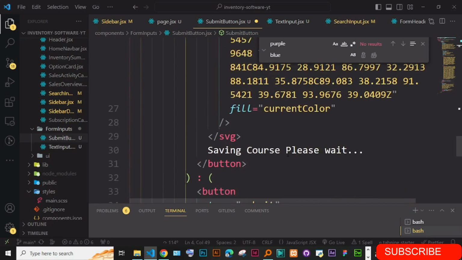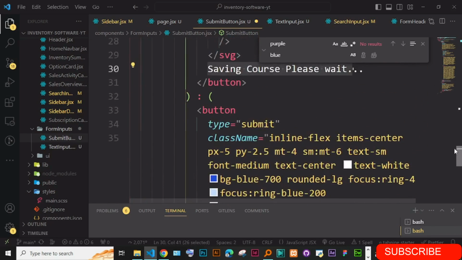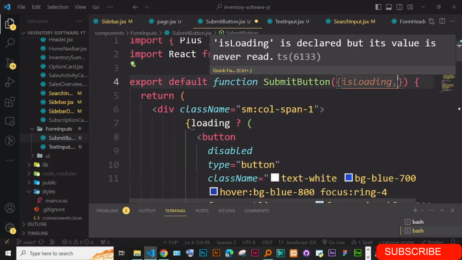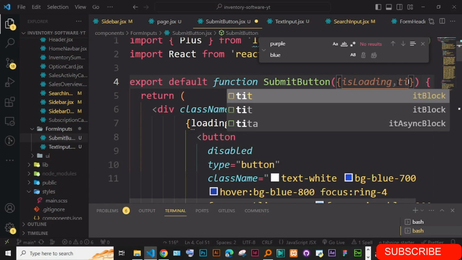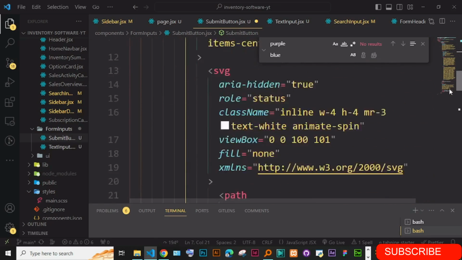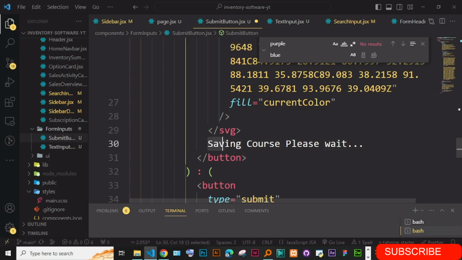Okay, we have this loading, the loading what, the loading title and the button title. So you can just say the title. Okay, so we can also pass in the title. Okay, just like that, and this is going to get here, is loading. Okay, and then we have the title, so you can just say for instance, creating, please wait,